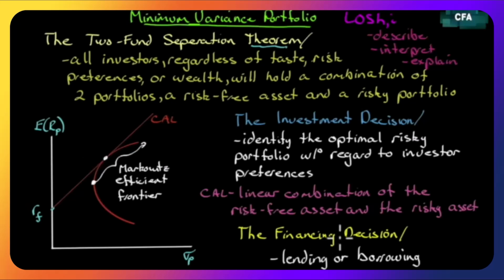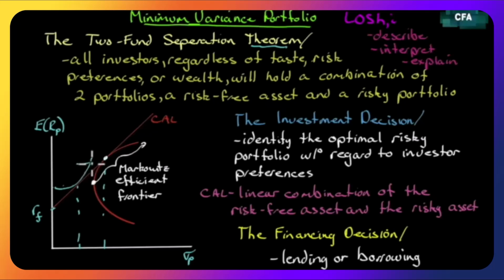So now I can look at you as an investor and say, are you risk averse or are you very risk tolerant? If you're risk averse, well, you don't want to hold this portfolio. You want to be somewhere further down. Again, a combination of the risk-free asset and the risky asset. So we want to lower, keep in mind your risk is down here. We want to lower your risk maybe to here. Yeah, you're going to take a lower return, but your indifference curve might be tangent here.